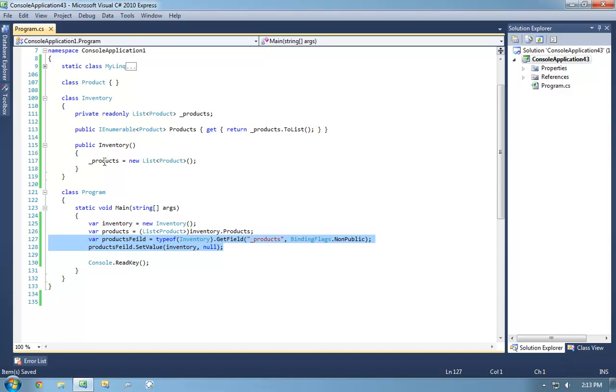I'm using reflection to reach in and grab this field directly, and I'm setting it to null. That's why I don't agree with the .ToList practice when exposing lists as IEnumerables.